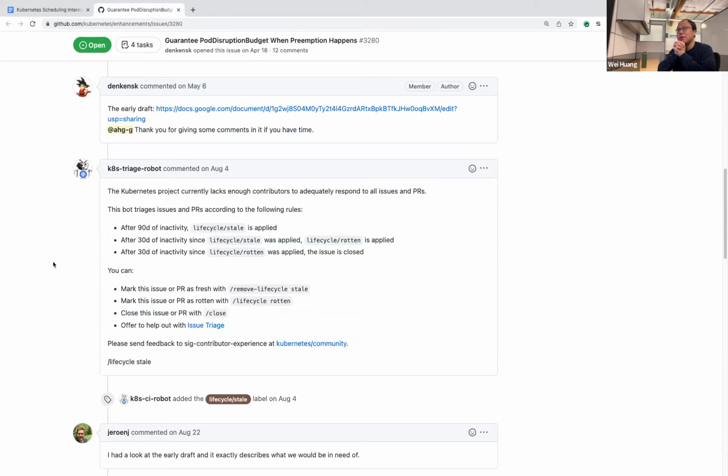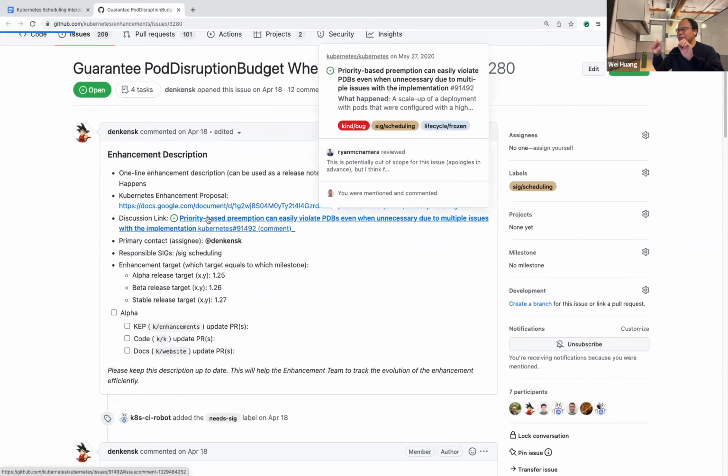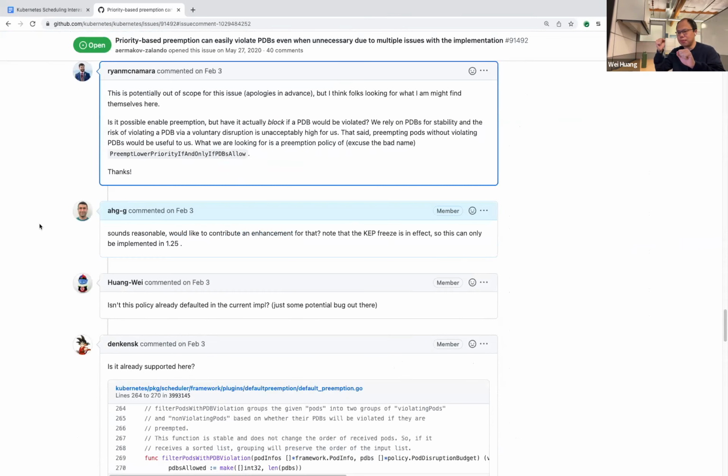That means if only two paths both have PDB protection on each node, then they are tied, and in this case we will preempt the PDB protected path anyway. But if there is a path without PDB protection and another path protected by PDB, then we will definitely choose the path without PDB protection. That is why I call it best efforts.